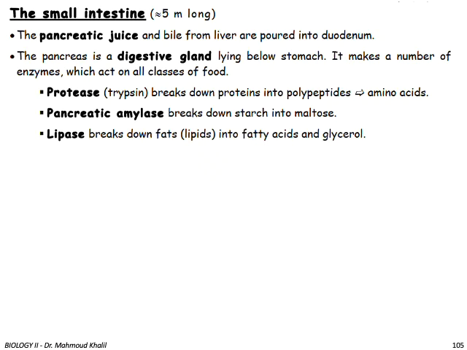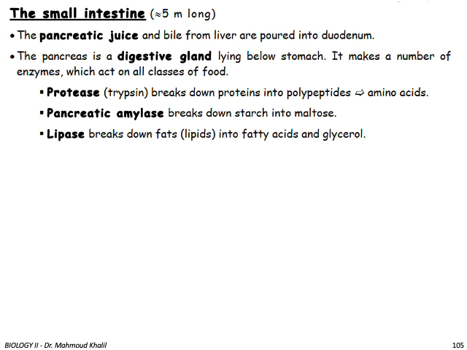Let's talk about the small intestine, which is around 5 meters long. The pancreatic juice and bile from the liver are released into the duodenum. The pancreas, which is a digestive gland lying below the stomach, makes a number of enzymes which act on all classes of food: the protease, the pancreatic amylase, which is different from the amylase in the mouth,